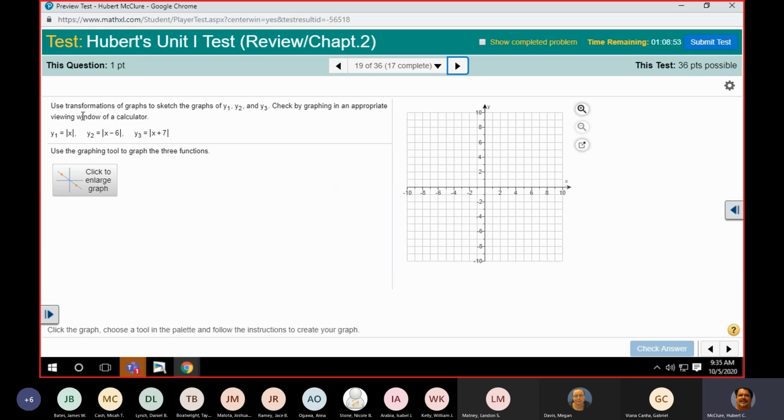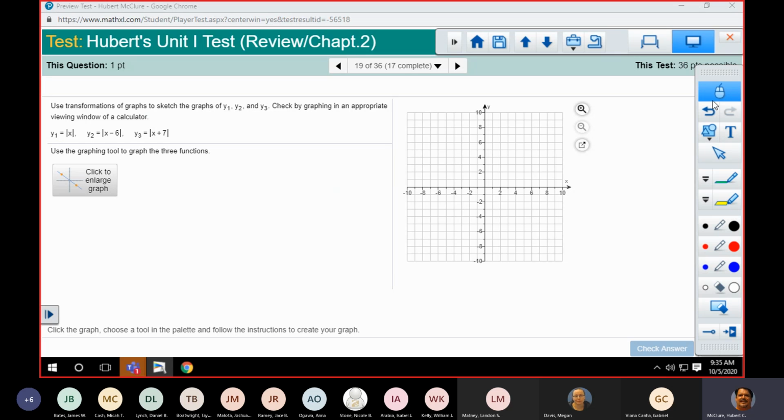Okay, what is this? Use transformations. Notice I used the absolute value because I didn't like that question with the parabola. I still think it's incorrect. All right, anyway, let me go ahead and